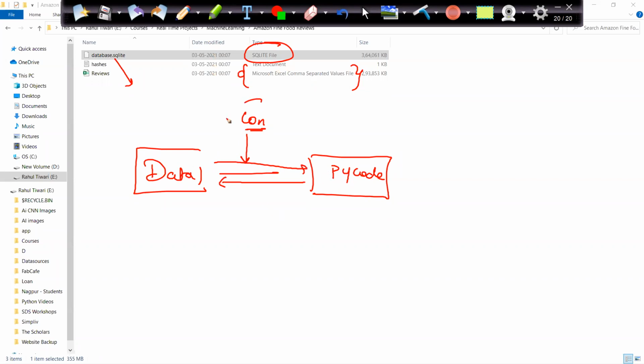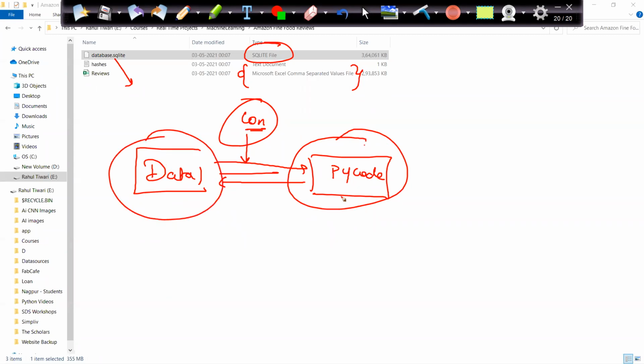This process will be done by the connection. My requirement is to run code which will leverage this data and put it in my instance of Python. For that, one connection is required, and that is what we have to make.